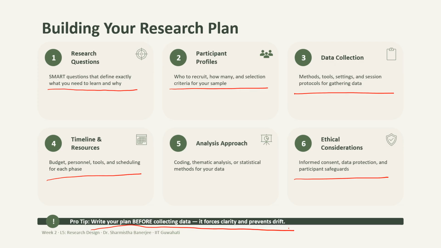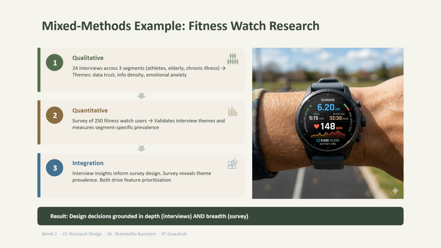It gives you clarity and prevents drift. So, let's take an example now. Let's say I want to do a mixed methods research for a fitness watch. For the qualitative part, I want to do a research with 24 interviews across 3 segments: athletes, elderly, chronic illness people. And I want to understand what is their data trust with this particular watch,